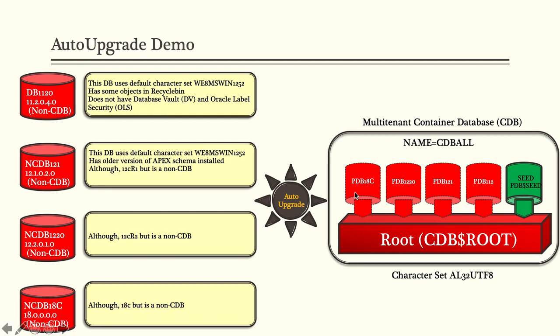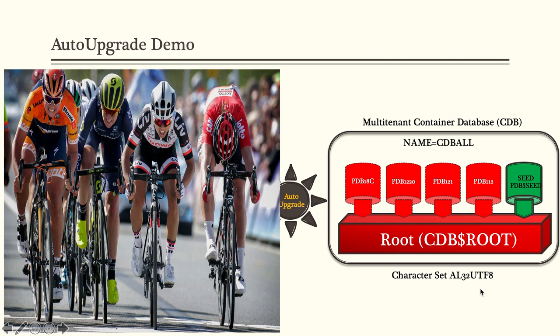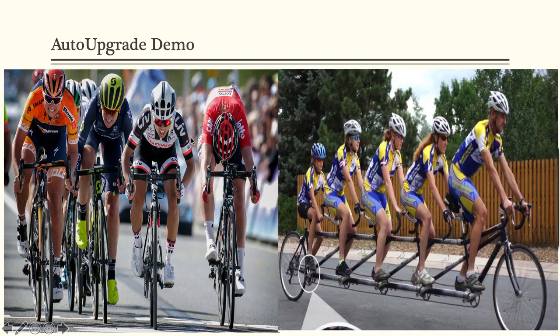Somebody said, in layman's terms, can you define what you are going to show us? I said yes. Multiple non-container databases are running there. This is the model. And I am going to change this model to this one. Pluggable databases. So a quad cycle, probably not even quad, more than quad, even a quint cycle probably, where there are multiple. So instead of you driving all your individual cycles, non-CDBs, I am going to convert the architecture into this architecture.